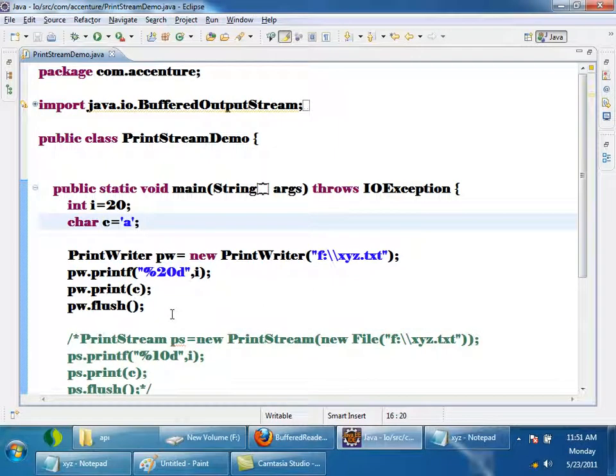Okay, so writing objects to a stream is called serialization. Reading objects from a stream is called deserialization. Now I'll show you how to serialize and deserialize objects. To write objects, there is a class called ObjectOutputStream. To read objects, there is a class called ObjectInputStream. Reading and writing objects is very simple, but there are some issues, and you need to understand the concept of serialization. That we'll concentrate on.